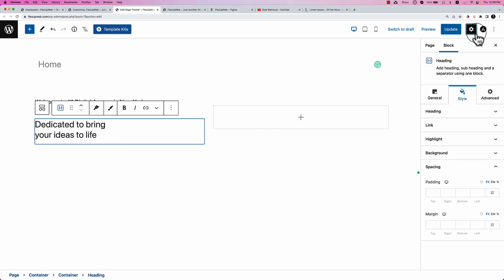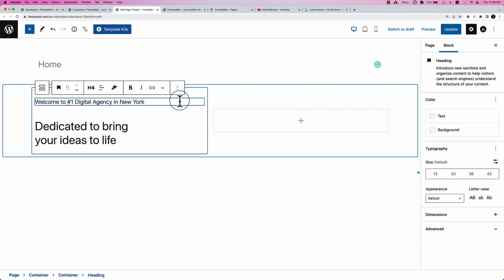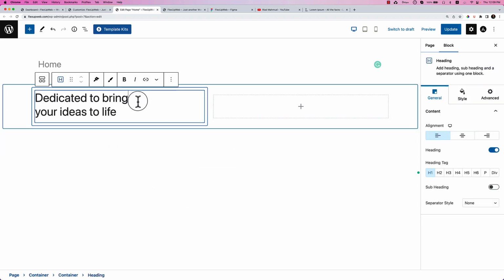Click on the block item here, which is the gear icon, general, and this should be heading 1 and this should be heading 4, but I have to remove this one from here because I'm going to use the Spectra heading,